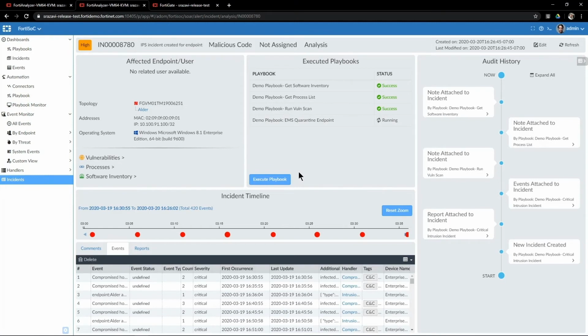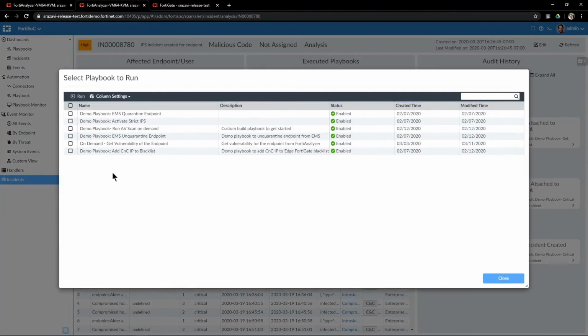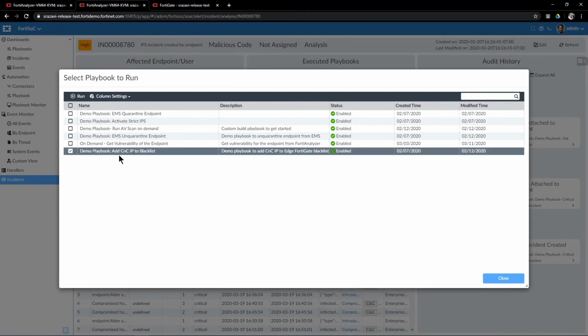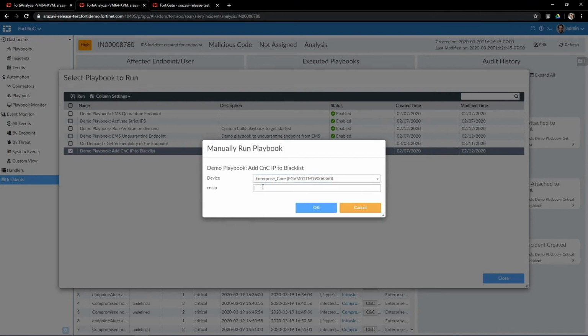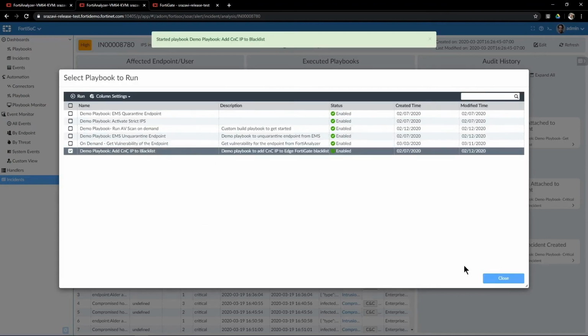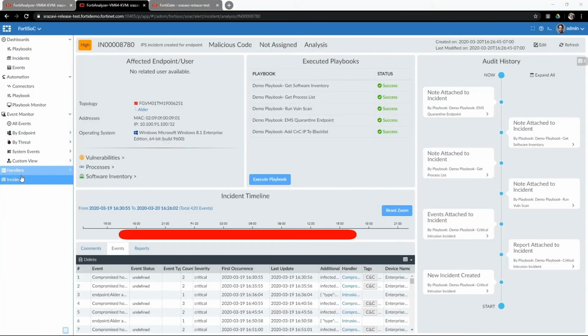Let's add the CNC IP to a blacklist on our edge firewall. We can leverage a predefined playbook which uses the FortiOS connector to achieve this task. We can run this playbook and provide the CNC IP address and the FortiGate which will run this automation. In this case, we put Enterprise Core FortiGate and a fake CNC IP for the purpose of this demo and confirm this playbook execution. If we wait for a while, we would be able to see that the playbooks will successfully run, and both of them